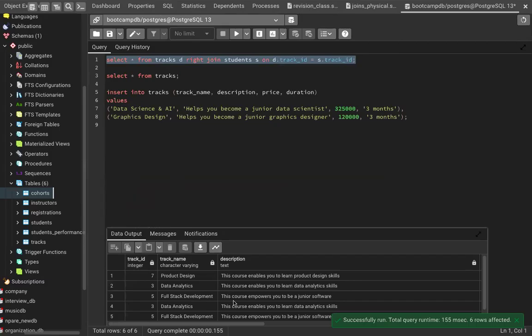All right, good. So all the records from the right table, plus all the matching records, take note of that, matching records from the left